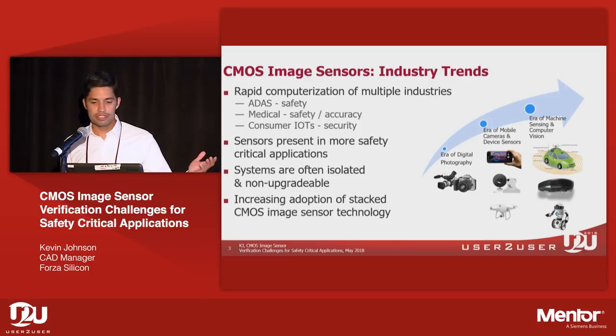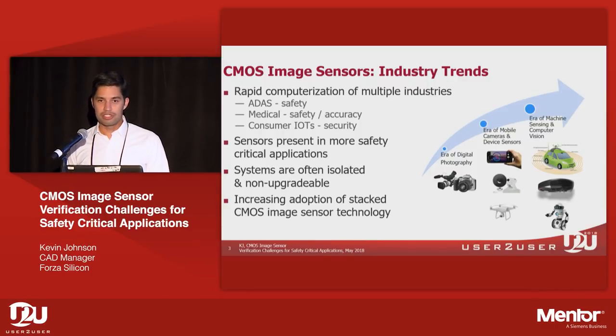Finally, although IoTs are not exactly safety critical devices, because they're so prevalent and integral to people's lives, there's a security risk inherent to these products, a security risk that oftentimes can't be fixed after the product is shipped. And therefore, I'm going to label that under safety critical, because when your security is compromised, we have problems. And we can see how the systems often being isolated and non-upgradable is particularly applicable to a lot of